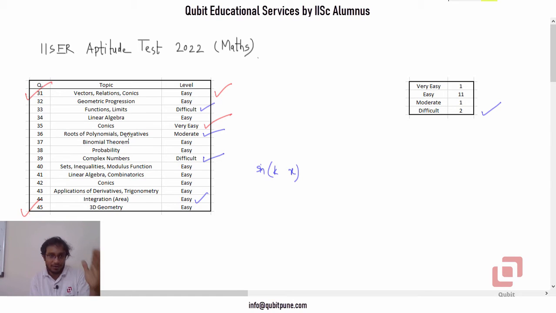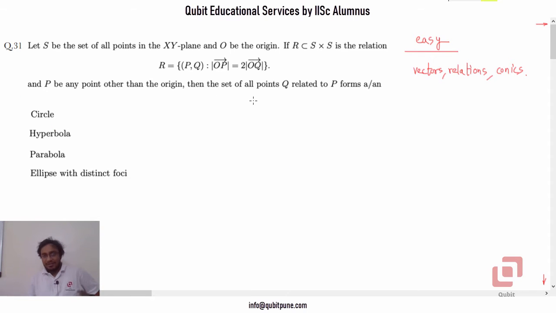Now we will solve all questions in that particular sequence one by one. Alright, so let us now start solving the questions. We will start with question number 31. Let S be the set of all points in the xy plane and let O be the origin. If R, which is a subset of the Cartesian product S cross S, is the relation